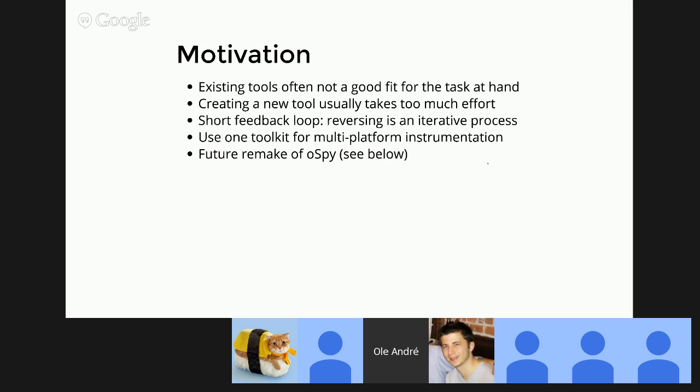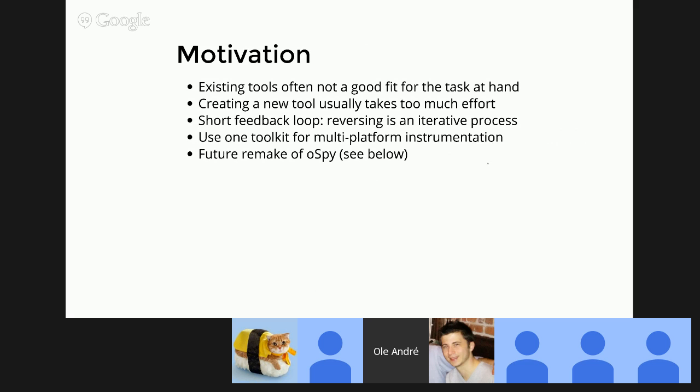as you go along, and then you need to adapt the tool, and if you have a long process, then you're just going to waste a lot of time, and in the end it might be better to just do things by hand and go through the painstaking debugging. I would also like to have one toolkit, so that whichever platform I'm currently on, there's just one toolkit I need to learn once. Of course there are platform-specific bits involved, but at least I don't need to relearn